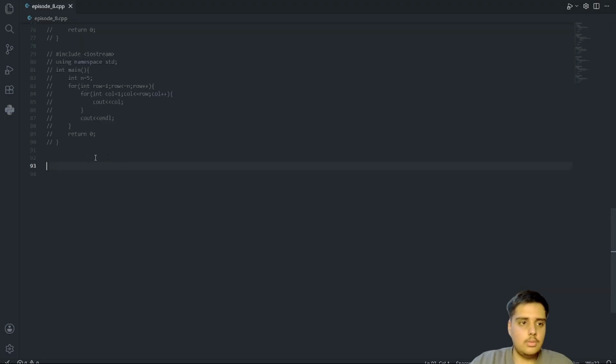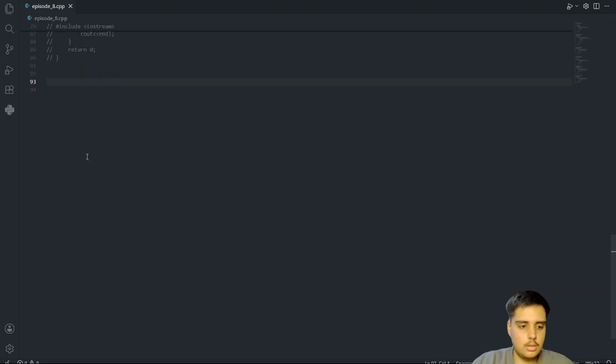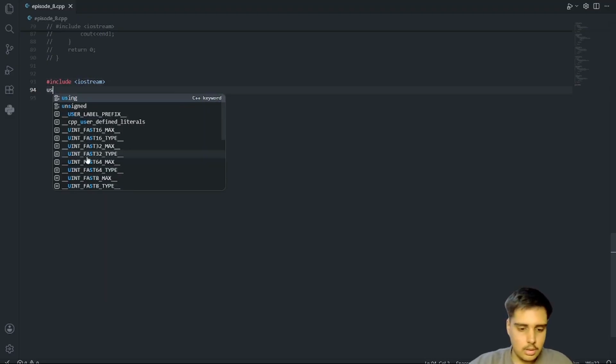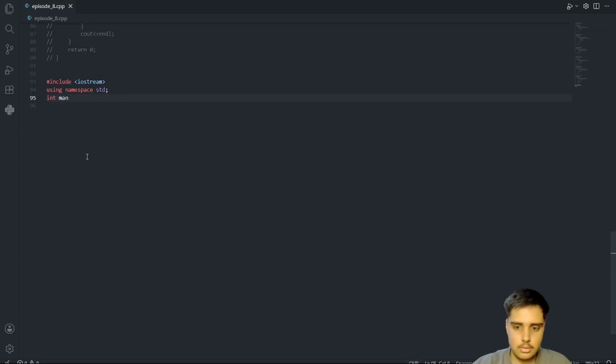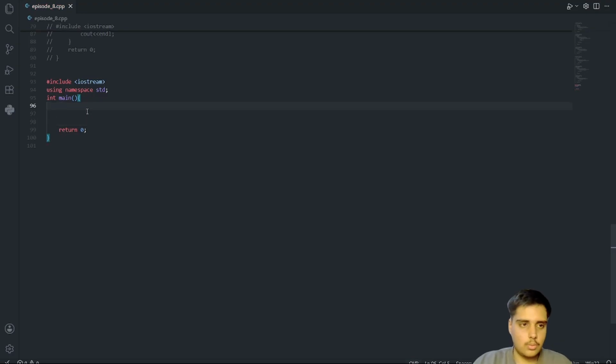So coming to our VS Code here, hashtag include iostream, using namespace std, int main, return 0.